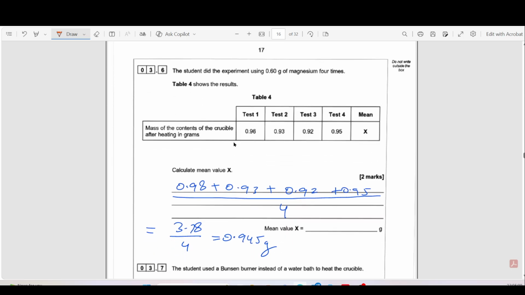Okay, next one is this. So it is asking to calculate the mean value of x. So there are four tests. Okay, so we have to find the mean. The formula to find the mean is simple, just add all the values, okay, and divide it by the number of values, like 1, 2, 3, 4. So we add all of them, we divide by 4, and that's your answer. Okay,